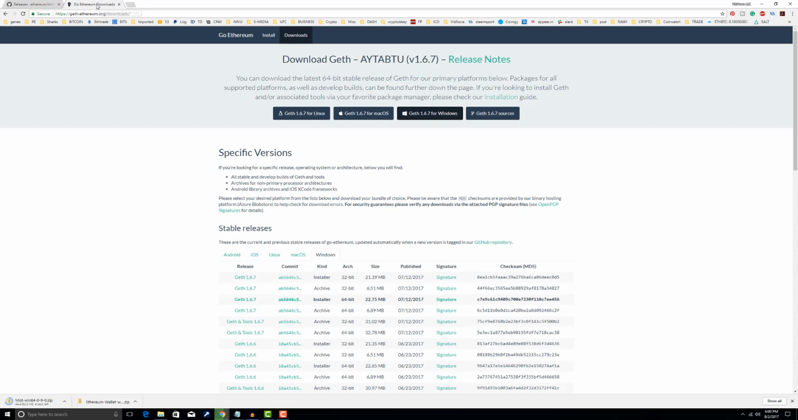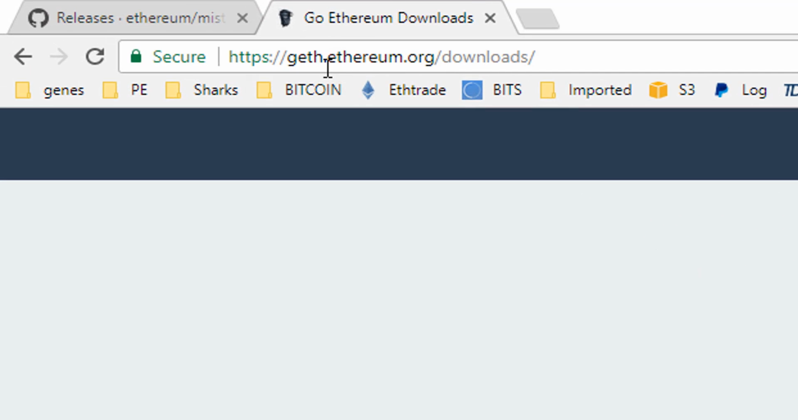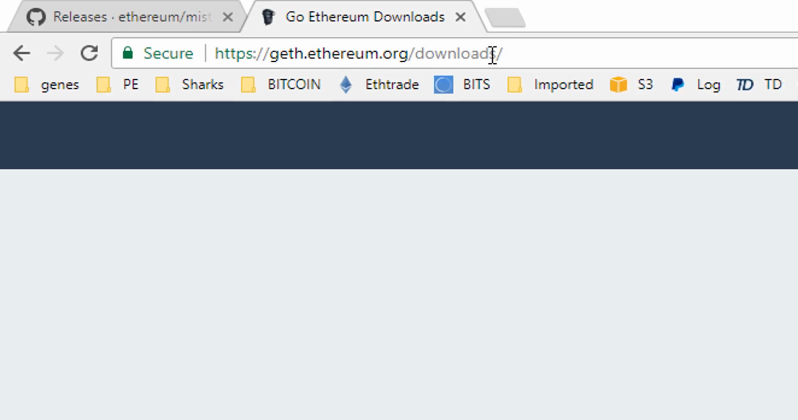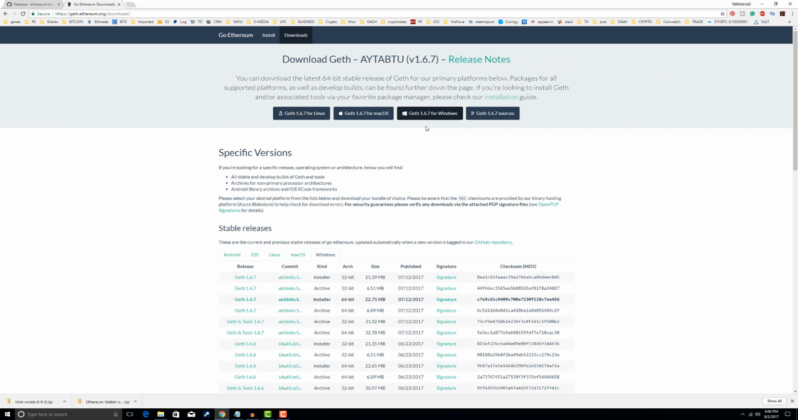You will also need to navigate to geth.ethereum.org/downloads, and obviously get your operating system again. I've got Windows, so I'm going to download this. Download the Windows. And now I'm just going to jump into the folder here,